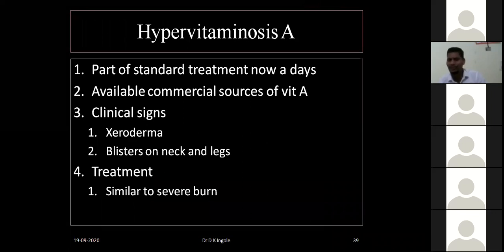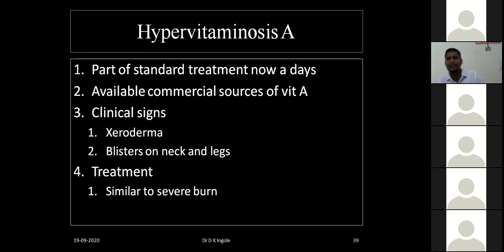hypervitaminosis A. Most of the time, for any kind of symptoms, we simply give the vitamin A treatment, the vitamin A injection. But sometimes it will cause toxicity. So what are the available commercial market preparations? I told you they contain 5 to 10 lakh international units per ml, and we need a very small dose in reptiles. If it is diagnosed properly as hypovitaminosis, then we can go for 2,000 international units per kg subcutaneously. Otherwise, we should give 200 to 300 international units per kg body weight to avoid hypervitaminosis A.